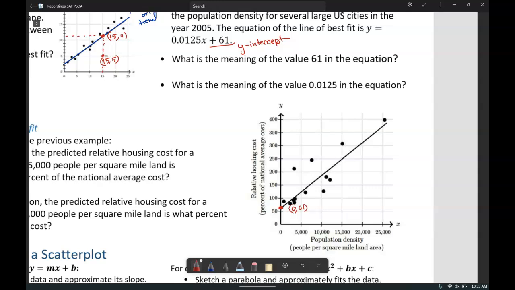When describing the meaning of a point, just think about the associations in the units on the x and the y values and translate that into a sentence. So here we have the point 0, 61. So we think about, what does 0 mean? 0 in this context represents 0 people per square mile. So when our population density